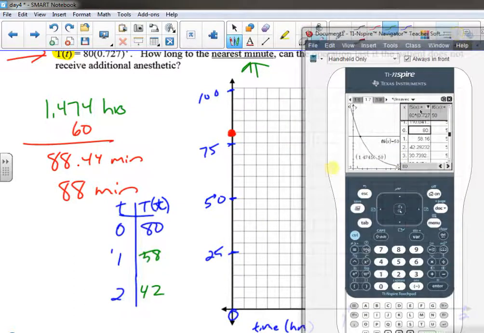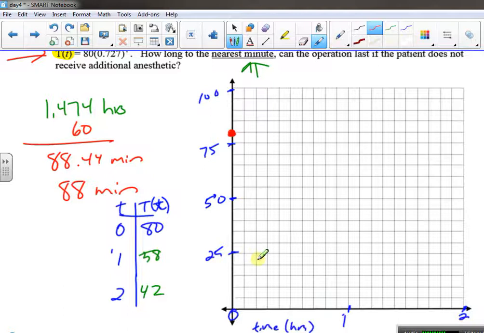So we can go ahead and plot that 0, 80, plot that 1, 58. So 50, 55, right about there. And then 2, 42. So we're up at 45. 42 looks like it's right about there. Okay, we've got decay going on here, so we're going to make a curve. Try not to make it look like a line. Okay, represents decay,